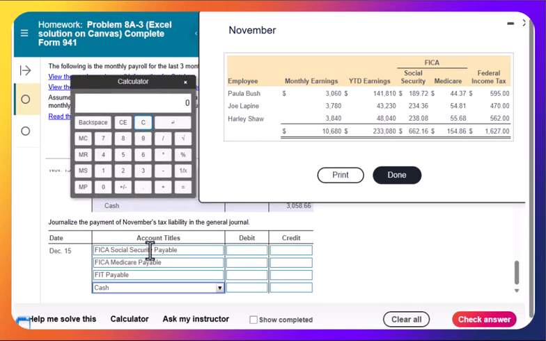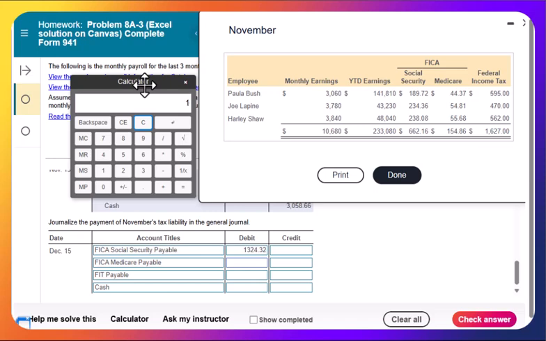For Social Security payable here, we're going to take a look and see $662.16 was paid by the employee. And we're going to multiply that by 2 in order to get the employer portion. We can populate that in as a debit in order to remove that payable and pay it. And then we're going to clear out our calculator again, and this time for Medicare, we're going to multiply